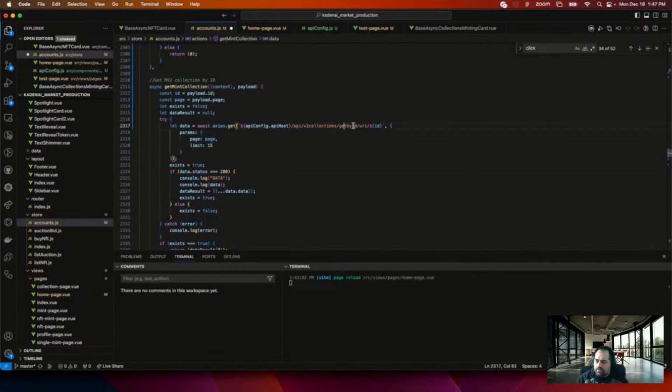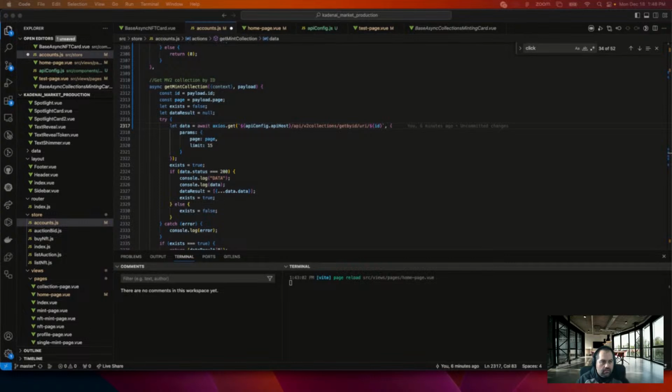So get V2 collections, and then we'll call it... Do I want to reuse this endpoint and just add? Let's check that one out. V2 collections get by ID. Get V2 collection. Clever.